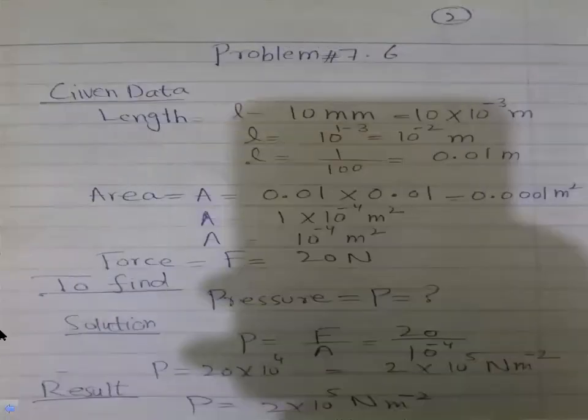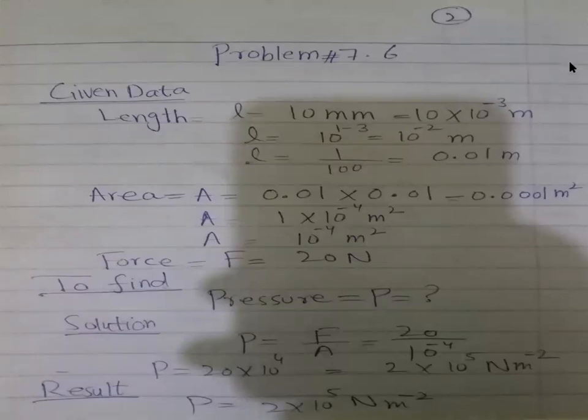Now I'm moving towards the next problem, which is 7.6 on page number 166. I read the numerical statement first. The head of a pin is a square of side 10 millimeter. Find the pressure on it due to a force of 20 Newton. 7.6. The head of a pin is a square of side 10 millimeter, and find the pressure due to the